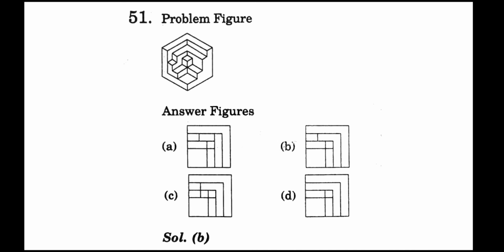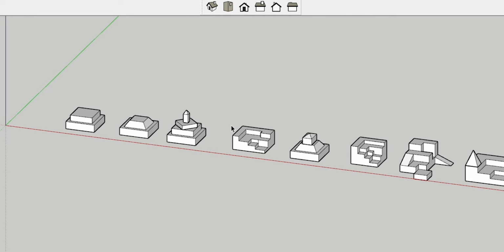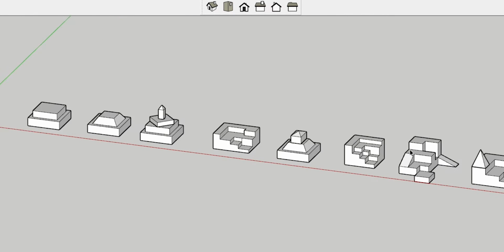What's up there, you are watching Atmosphere, and in this video we will be discussing the 3D visualization question. This is part 2 of the 3D visualization. We have discussed the basics earlier. Now we will move further and analyze these complex objects into 2D form. So these are the 3D forms, these are the ISO forms that I have discussed before.